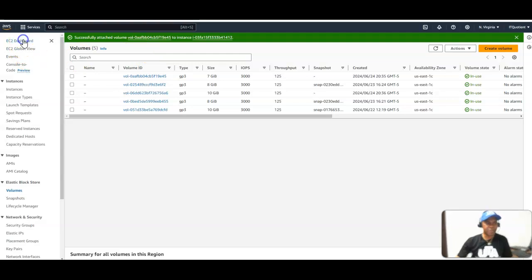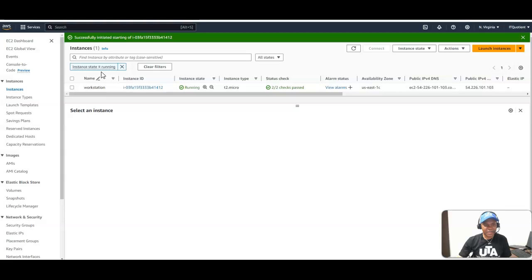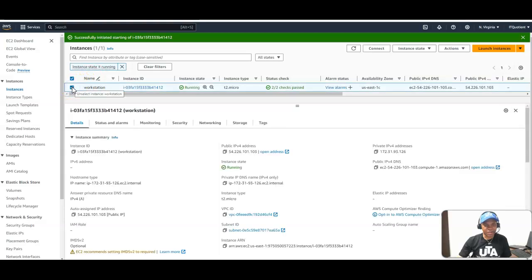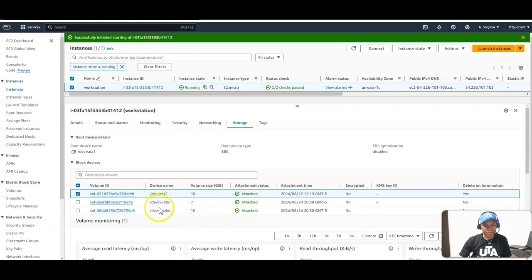If I go to the EC2 dashboard, go to running instances, select the workstation, and go to storage, you're going to see the two storages that I just added, XVDC 7G and XVDB 10G. And if I go to the operating system, to the terminal,